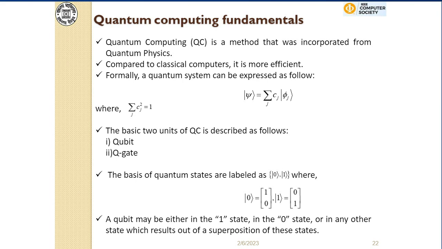So these are referred to as the computational basis or the qubits. The interesting thing is that the basic unit of quantum computing is the qubit, which is analogous to the bit in a classical computer. But in classical computing, a bit can manifest itself either with a value of 1 or 0, but not both values. It cannot hold both values together. That means you can have either a value of 1 or 0 for a particular bit in a classical